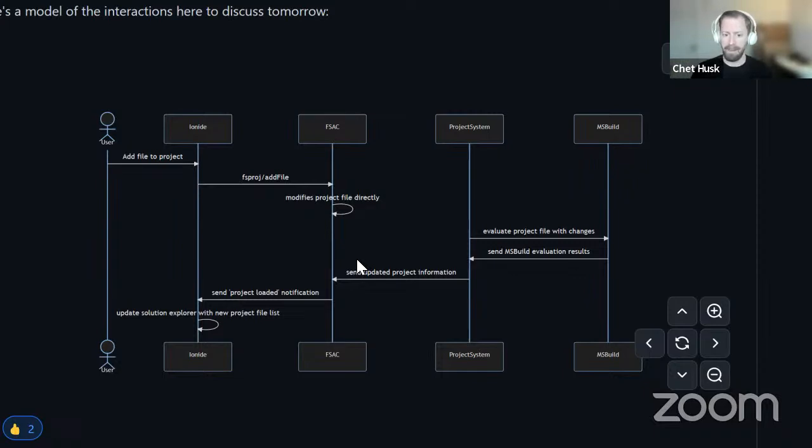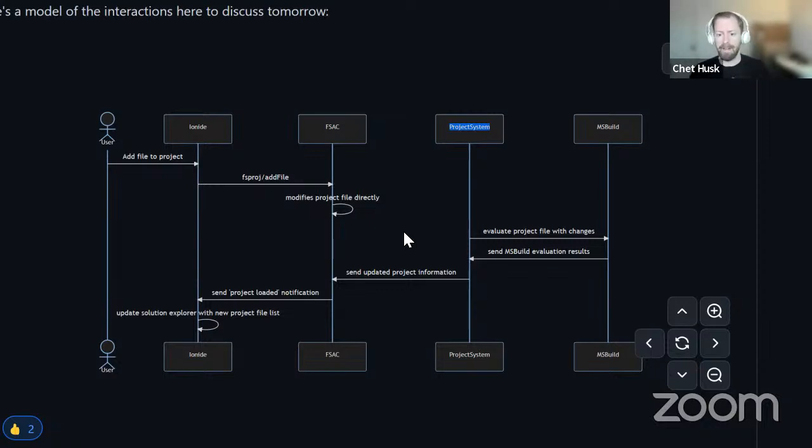What happens after that is there is this component in FSAC that comes from the proj.info library, and this is called the project system. The project system is something that's initialized when you start up FSAutocomplete. Its job is to identify what solution or folder or projects you have open for the first time and do a bunch of checking on them and get a whole bunch of metadata out, and then listen for changes to them and emit events or notifications when those changes occur.